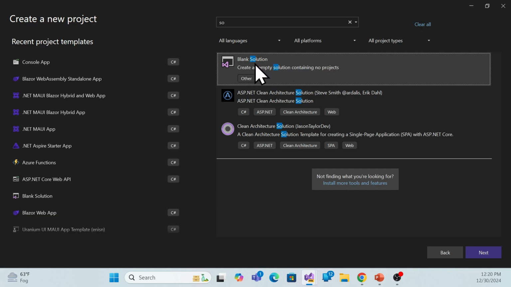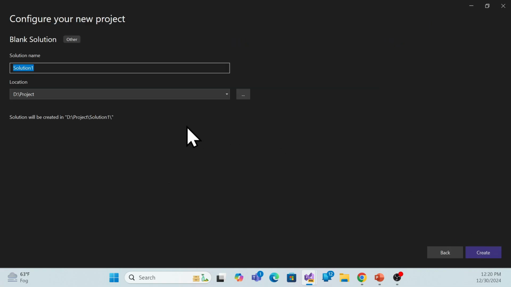So see, actually all that project creates a solution, and inside a solution we can create multiple projects. So the solution would be only one, and inside the solution we can create multiple projects. So let me just create the solution first, and here I will just create, for example,